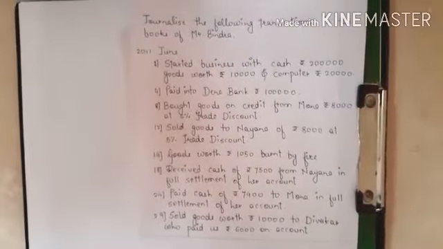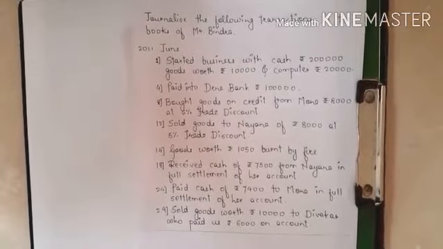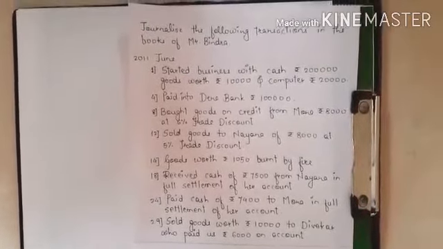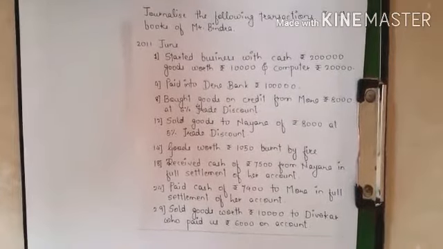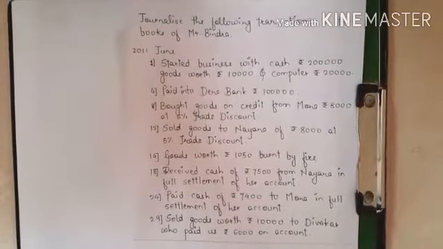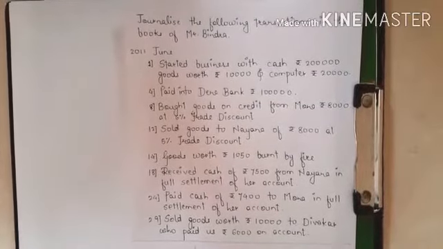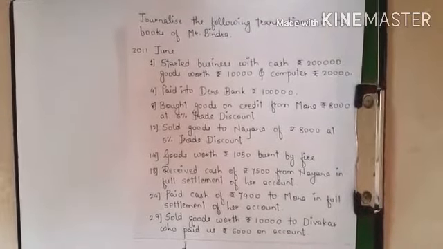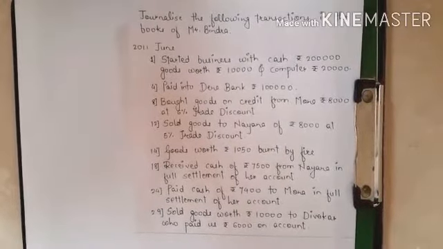Before I start explaining how these transactions are recorded and how to calculate this trade discount, we will first read out all the transactions and then write down working notes of all the critical transactions, like this trade discount and much more to come. We will write working notes of it afterwards, but before that we will read all the transactions. So let's take the other one.